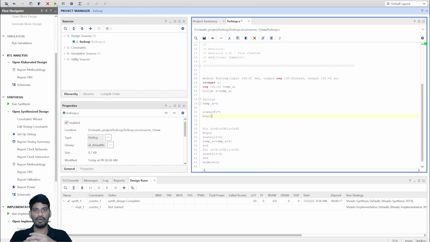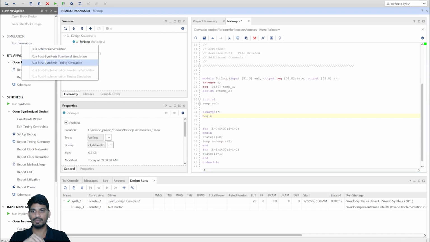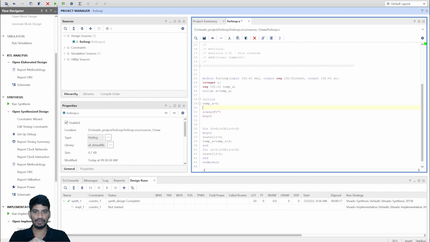Okay. Now I want to explain some interesting features, like what is the post-synthesis functional simulation and what is the post-synthesis timing simulation. What is the difference between these two? I mean, why do we have different kinds of simulation? What is functional simulation and what is timing simulation? Okay, so for that,